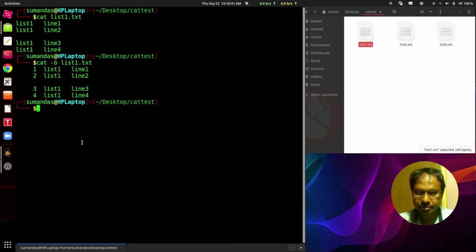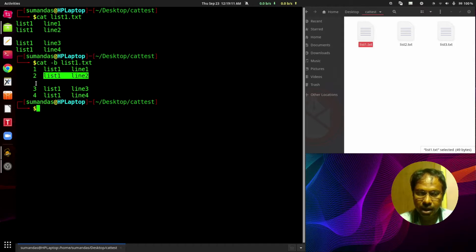Press enter. What happens? Now non-blank lines are numbered only. That means the output is now with line numbers. The first line is not blank, so it has been given the number 1. The second line is also non-blank, but the third line was blank.